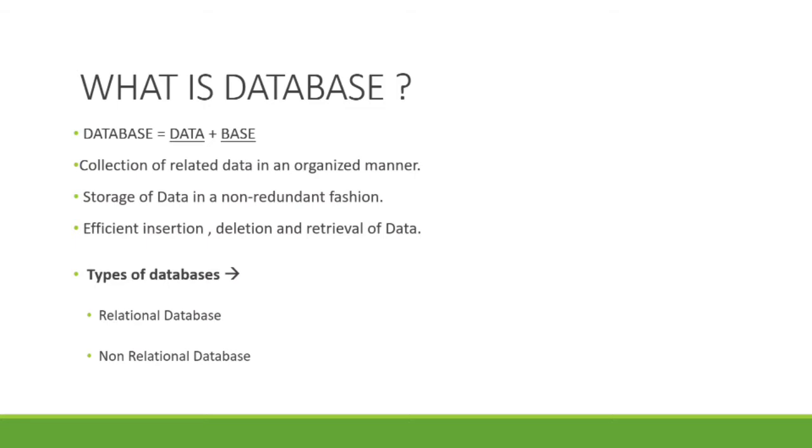So now let's talk about the types of databases. So in general, there are a lot of types of databases, but we are going to look at the two major databases, that is the relational database and the non-relational database. So all the databases that are of the type of table, those are classified as the relational database, while all the others like the graph type, document type, or key value based database, so these all are classified under the non-relational database since they are not of the form of any table.